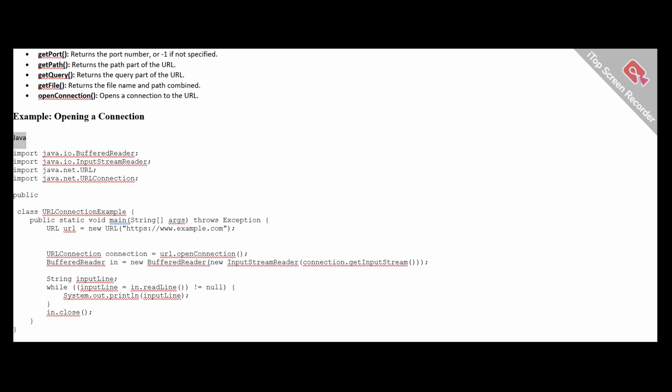Example, opening a connection. Java. import java.io.BufferedReader; import java.io.InputStreamReader; import java.net.URL; import java.net.URLConnection; public class URLConnectionExample { public static void main(String[] args) throws Exception { URL url = new URL("https://www.example.com"); URLConnection connection = url.openConnection(); BufferedReader in = new BufferedReader(new InputStreamReader(connection.getInputStream())); String inputLine; while ((inputLine = in.readLine()) != null) System.out.println(inputLine);